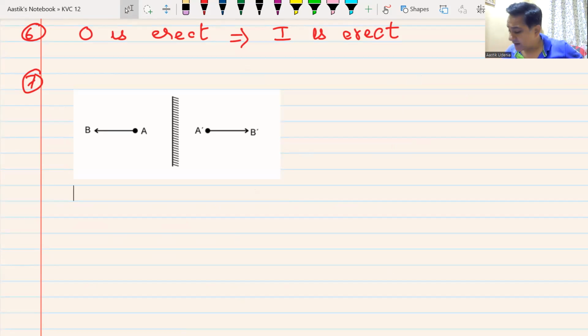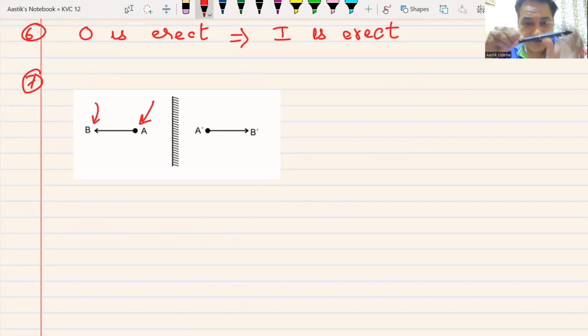Now, if I keep the object like this, this is the bottom point, and this is the top point. The object is kept like this: bottom, top. Then you see how is the image formed. Do you understand how is the image formed? The image formed is like this: